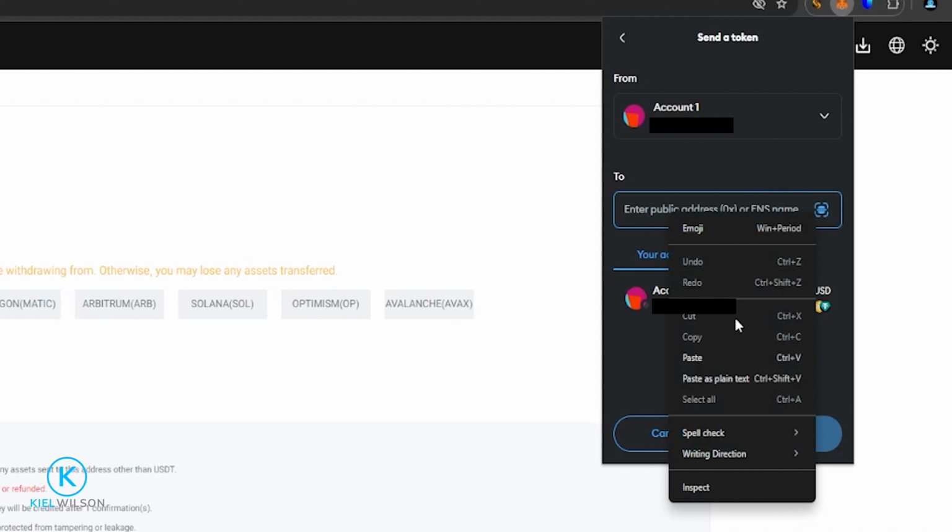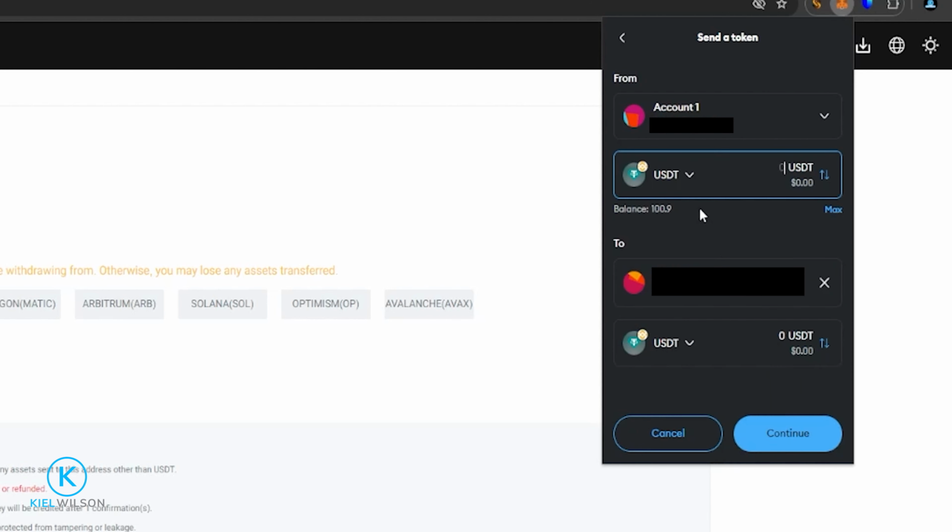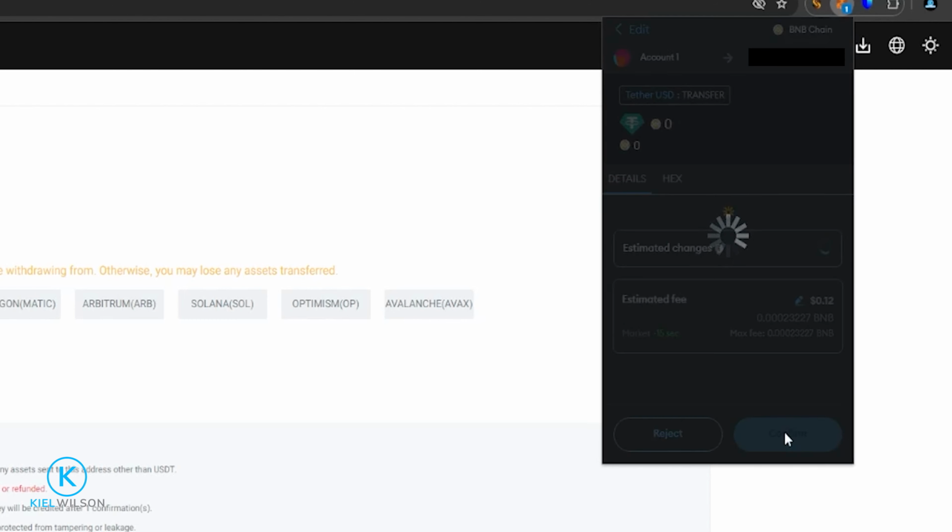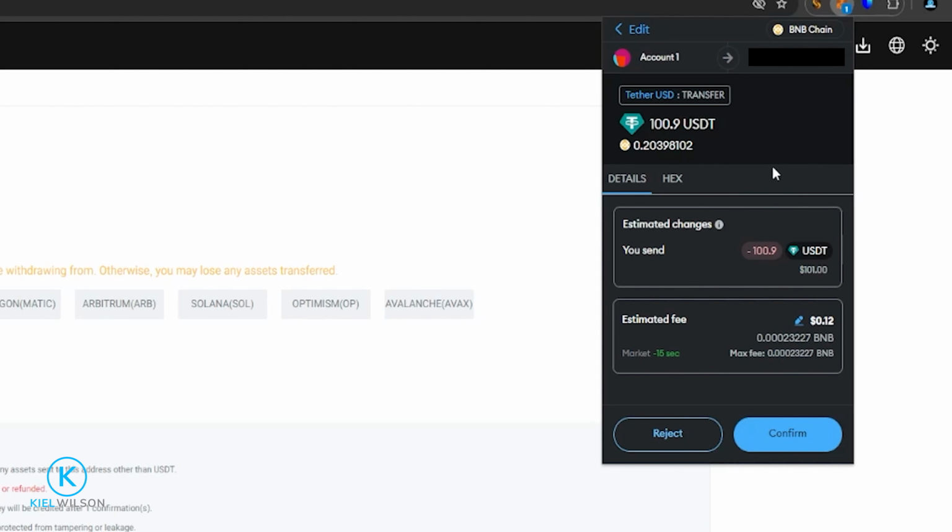this box right here. Now I can choose how much Tether I wish to send. And I just have a small amount here, so I'm going to go ahead and click on Max to send all of it. Now I'm going to come down here and click on Continue. Now I can review my transaction. I can see that I'm about to send 100 Tether, and I can see the estimated fee is about 12